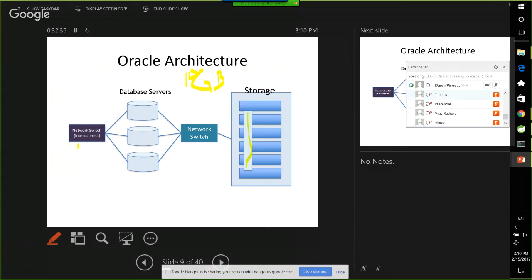What will happen when you issue the query? The query will go to the database engine. It will compile the query. It will do the network I/O, get this 10 GB worth of data over the network, get to that server, and then it will do the count. So the entire 10 GB worth of data has to travel over the network to get the count.